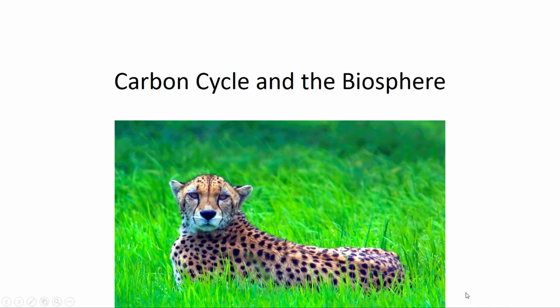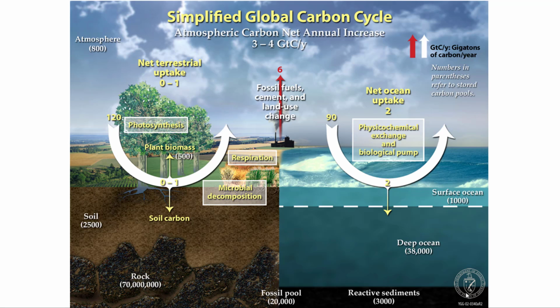Discuss the carbon cycle and the biosphere, living organisms. Notice the biosphere is going to make up all the plants, all the animals, all the microorganisms, both on land and in the ocean. This happens at the surface of the earth mostly. The key thing here is, notice there's not a lot of carbon found in the biosphere, but the amount of carbon exchanged with the atmosphere happens very quickly through the biosphere. And that's why it's a very critical, important ingredient to the carbon cycle. Plus, we're part of the biosphere.